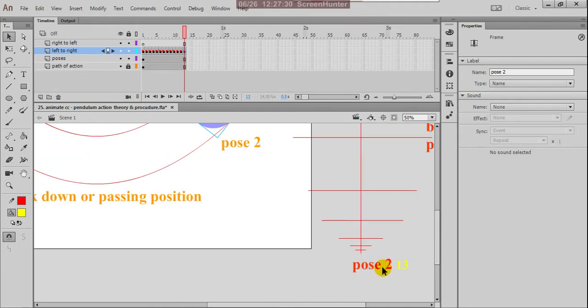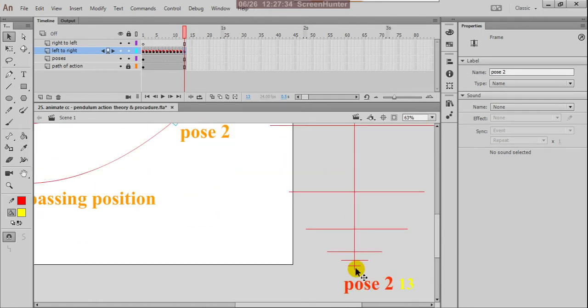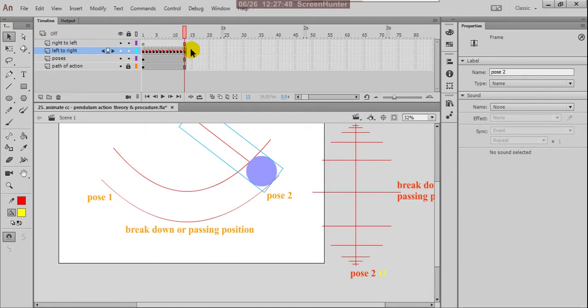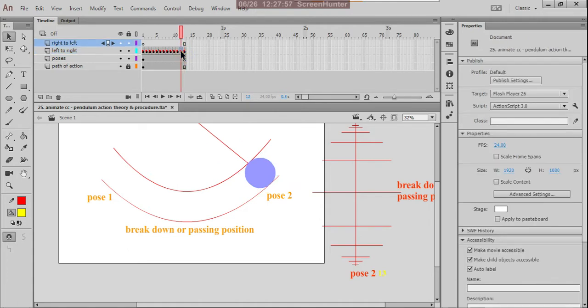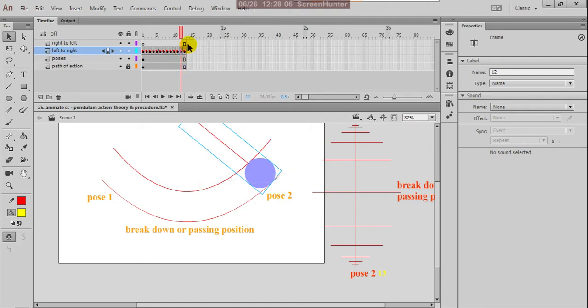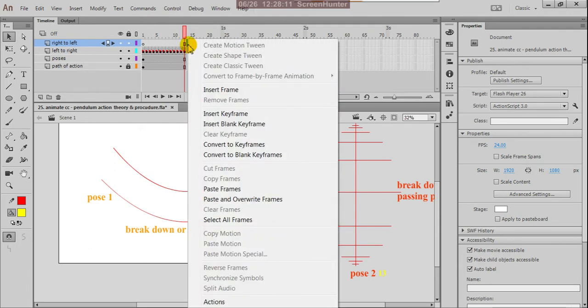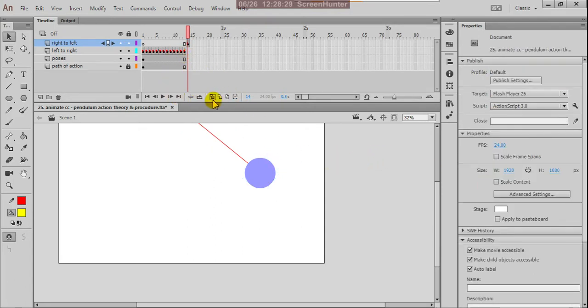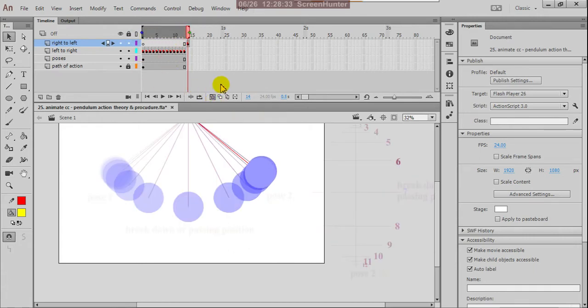From 13 it comes down again, so your 12 will be the 14th. We plan the same thing here: since 13 is already there, copy the 12th frame and paste it at the 14th. In the properties panel give the name 14, and turn on the onion skin so the previous frames are visible.